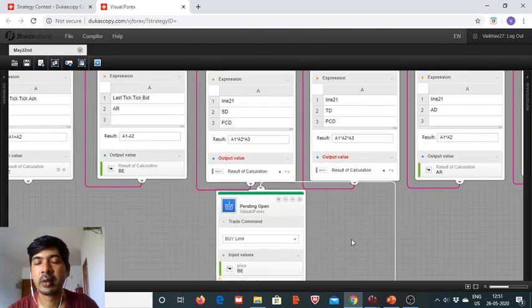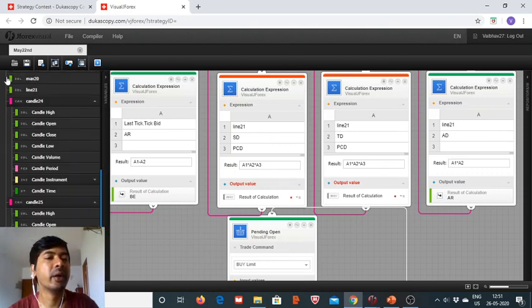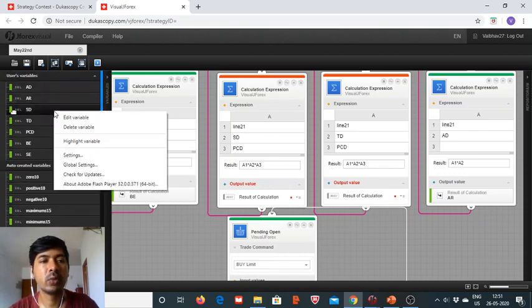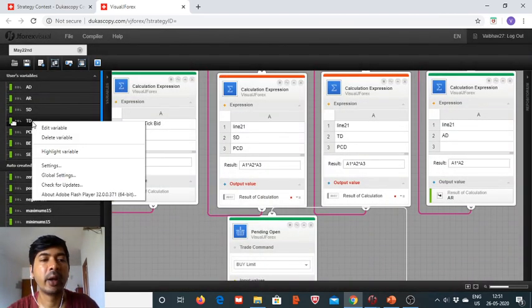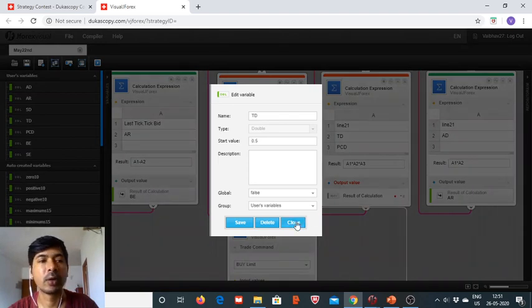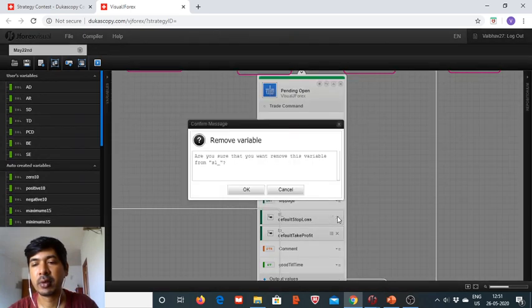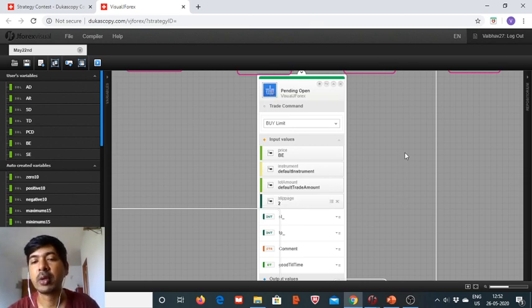and then here we have defined this target difference and stop loss difference, and we have gone in for a ratio of 1:2. So here is going to be 20% of the daily ATR, and target price is going to be 50% of the ATR, and we will now need to take this out, and we define slippage as 2 pips. 2 pips is good enough for USD JPY,